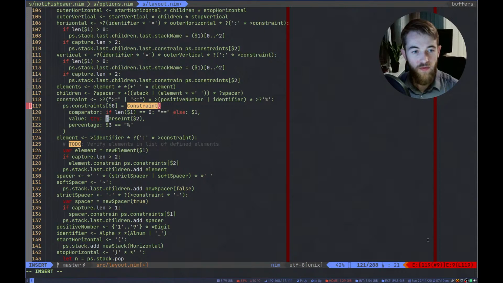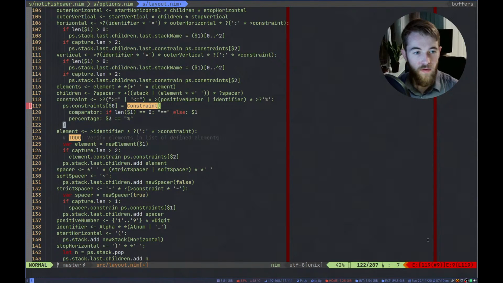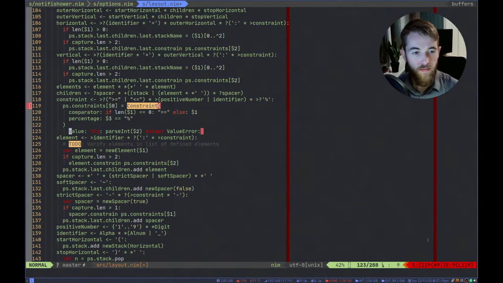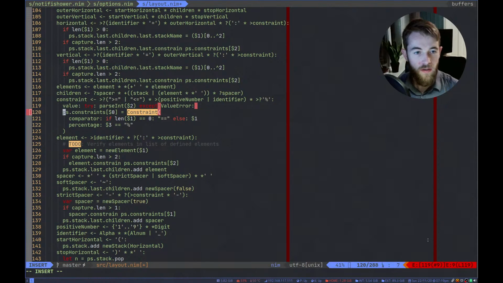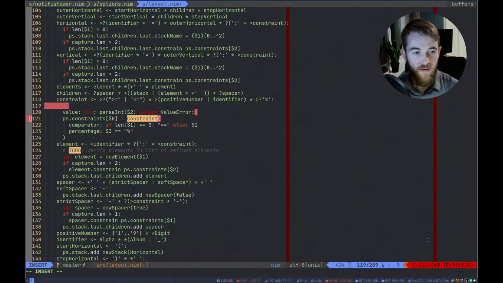So we do try parseInt, except value error, I think is the parsing error. Ooh, we can't do that. So we need to do this, and we need our constraint.